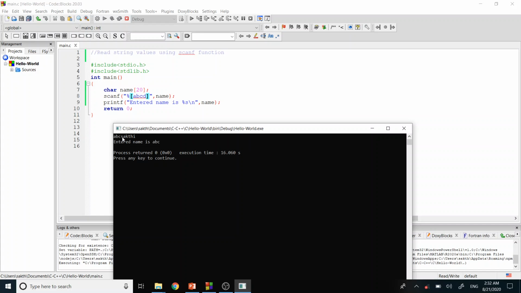But what happens is this 'S', which is not present in the set. So the string stops reading the values further beyond it. Though 'A' is present in the set, as 'S' is already not available in the set, it will stop reading the character values in that string. So that's one of the examples.